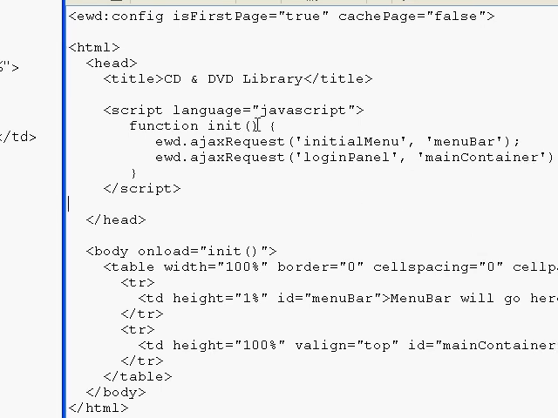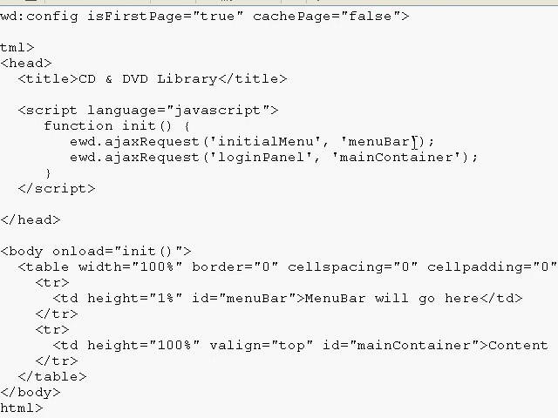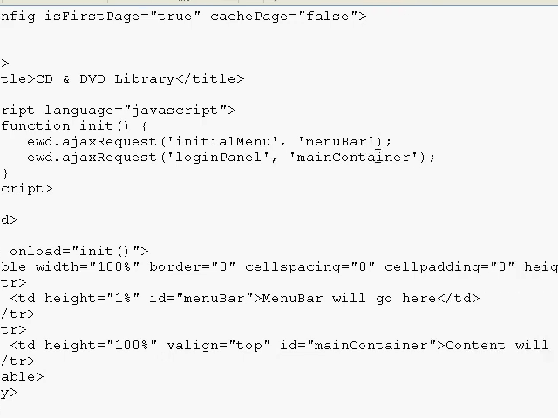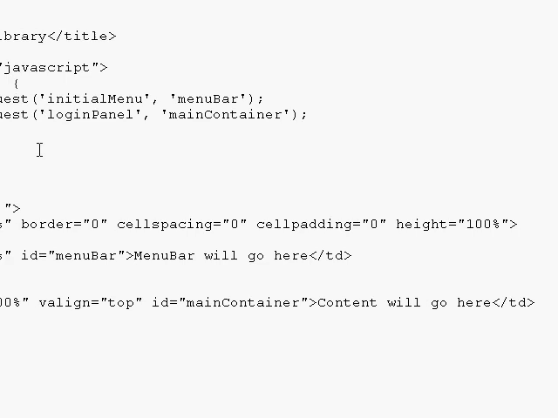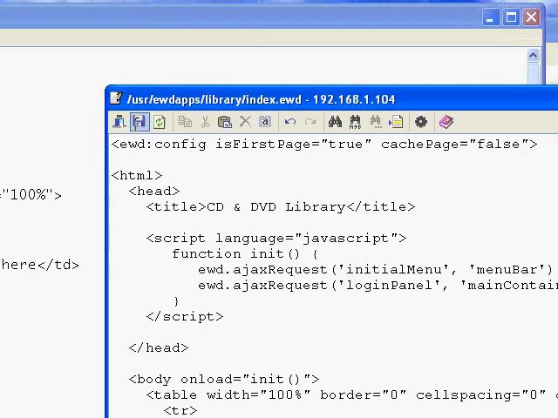Here's our init function, and it's going to make these two calls to the special EWD function, EWD Ajax request. We're going to do a call for each of our fragments for initial menu and login panel, and we're going to put them into the IDs menu bar and main container respectively. So they should end up in here and down in here. So let's save that,